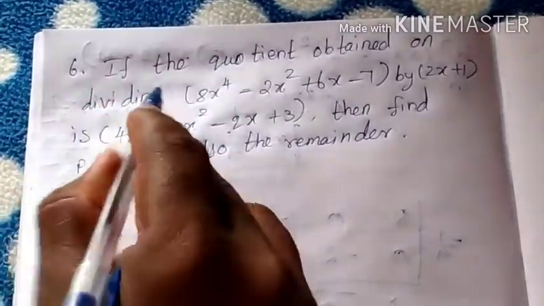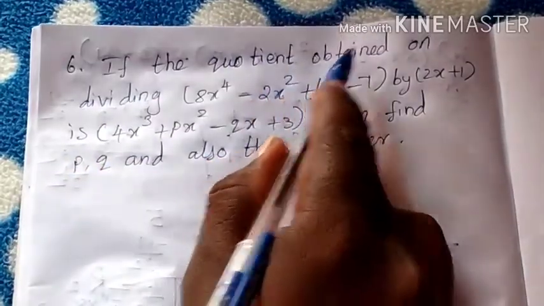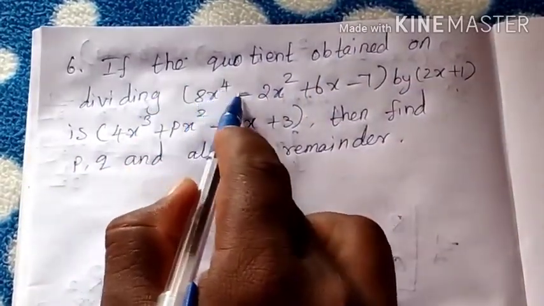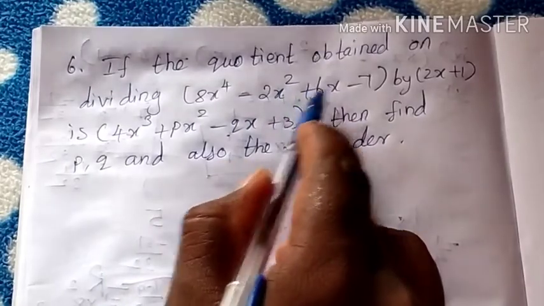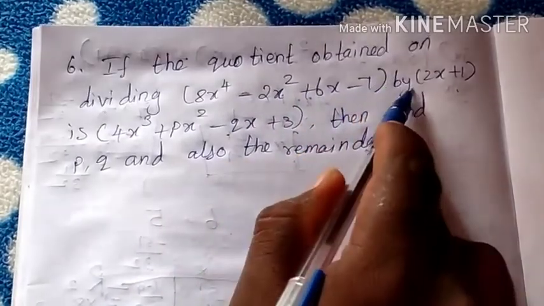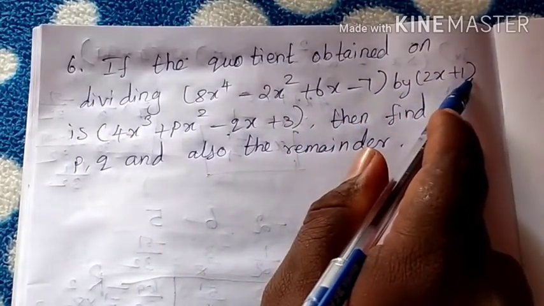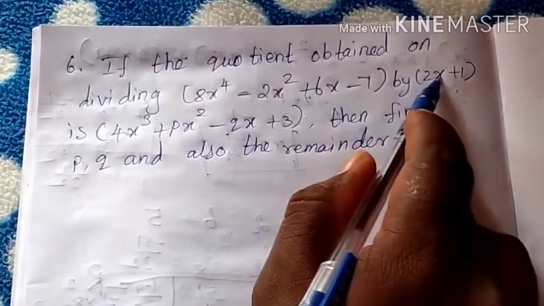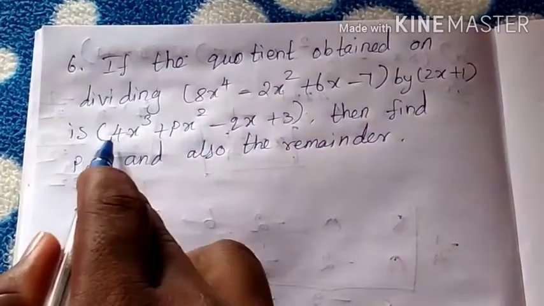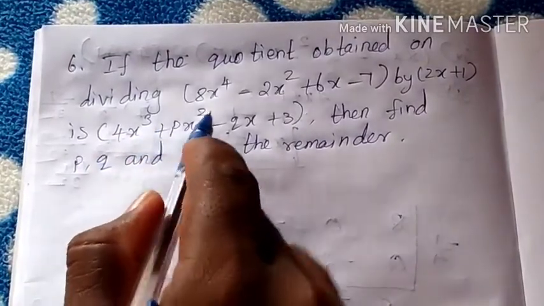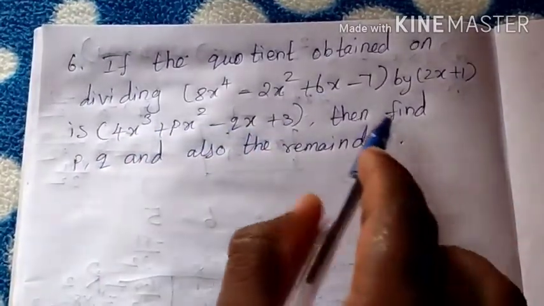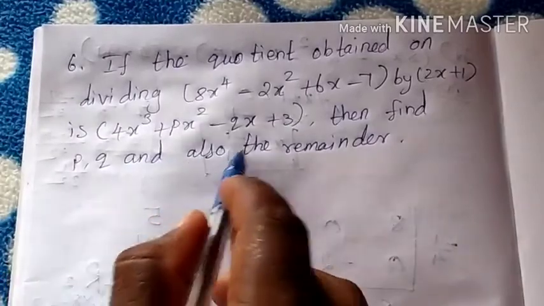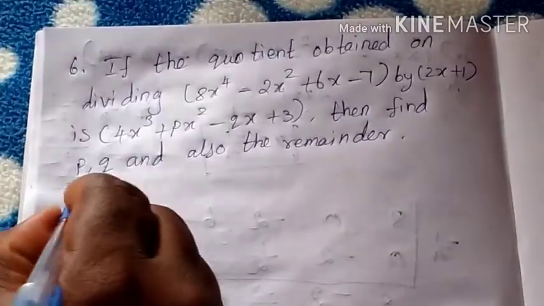Okay, next 6th question. If the quotient obtained on dividing 8x power 4 minus 2x square plus 6x minus 7 by 2x plus 1, okay, when you divide this polynomial by 2x plus 1, we get the quotient 4x cube plus px square minus qx plus 3, then find pq and also the remainder. Okay, the solution